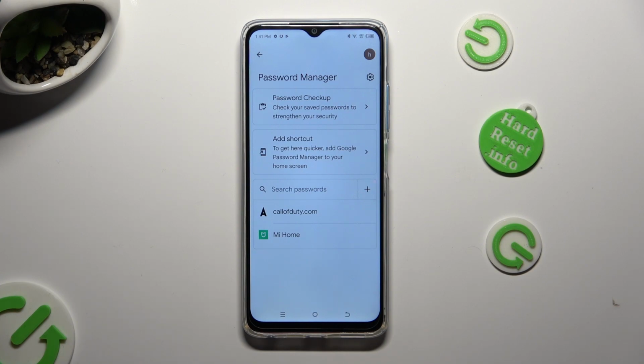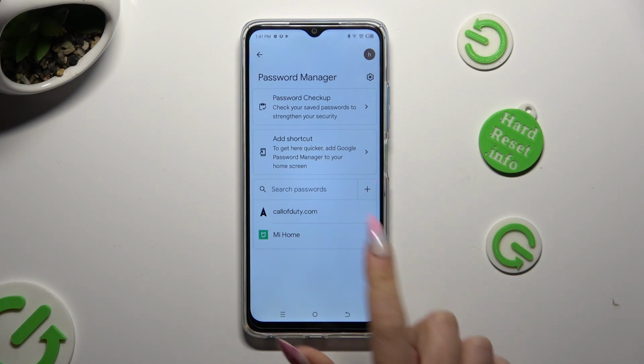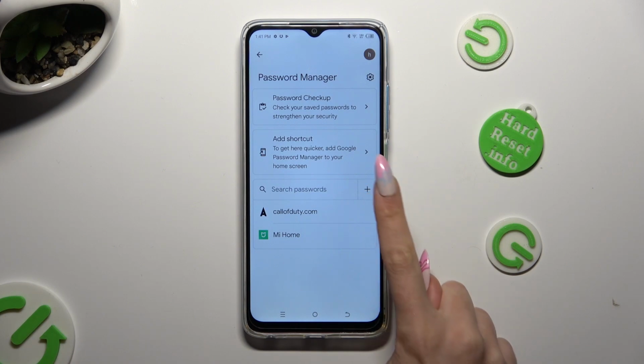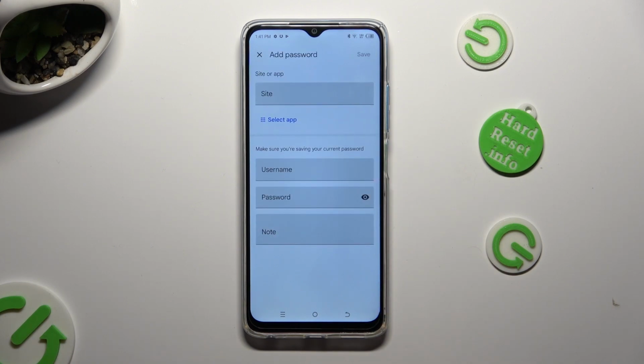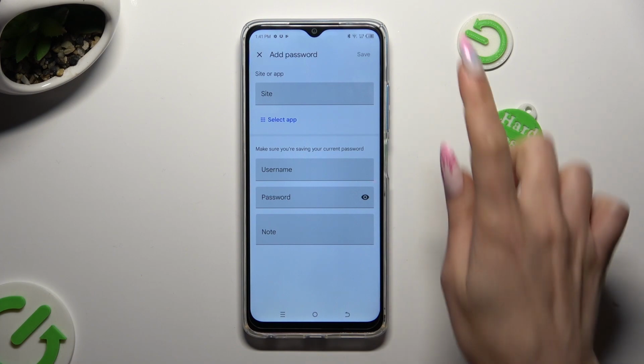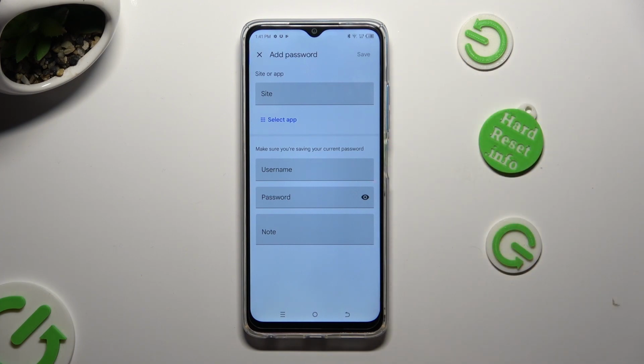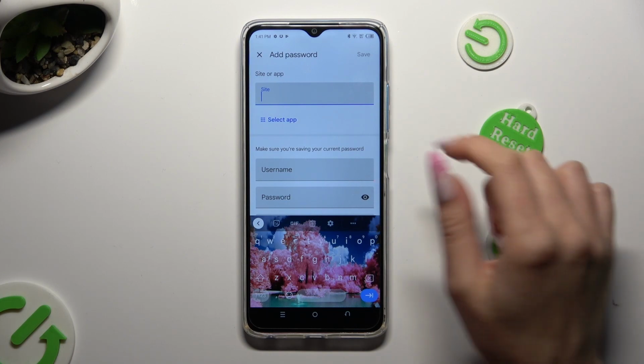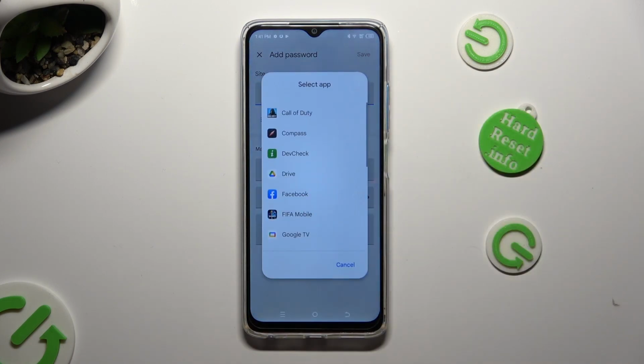This way, your password will appear over here. Now to add it from those settings, click on this little plus next to Search Passwords and enter all of those informations. You can input your website or click on Select App and tap on the desired one,